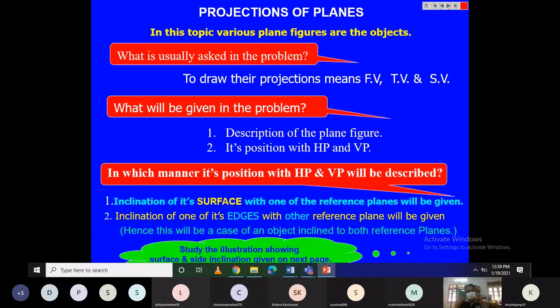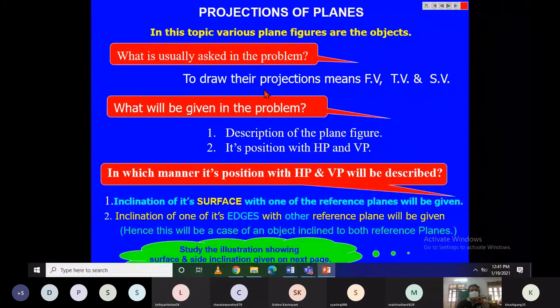And finally, if it is 6 different edges by joining 6 different points, that plane or polygon, planes or polygons both are the same, that type of polygon is referred to as a hexagon. Generally, they will ask to find the projection of that kind of planes, like front view projection and top view projection. We never talk about the side view projections, so forget about that. But basically, we are interested in finding the top view projections and front view projections for that type of polygons.